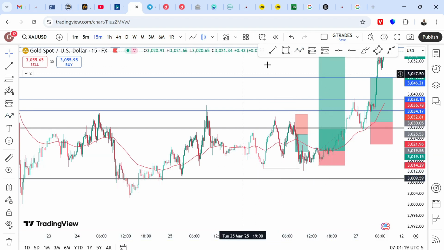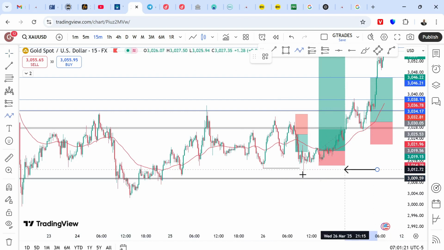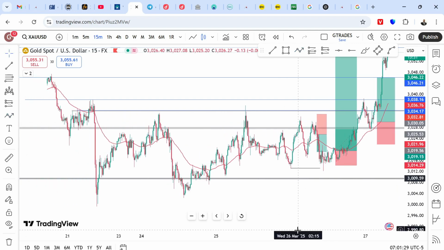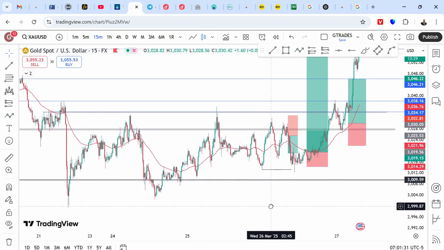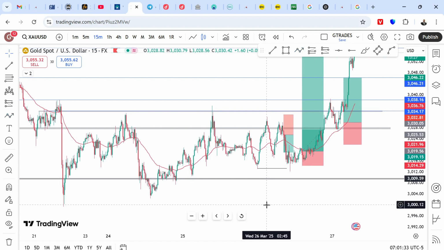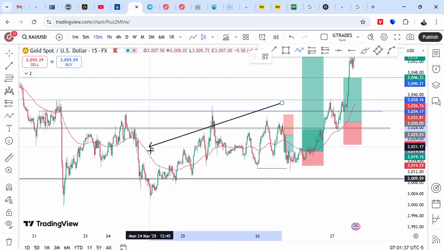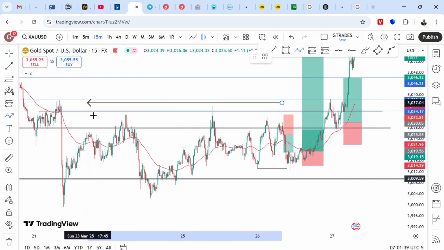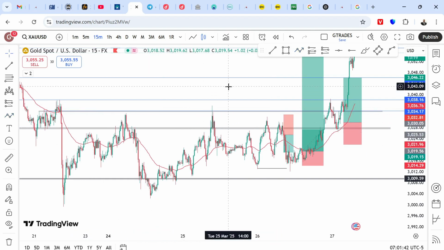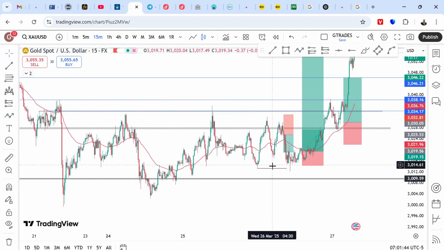Now, what does that mean? If you are a liquidity sweep trader, you will know that, yes, this is the right time to go in for a buy, having determined that the original trend of this particular instrument, which is XAUUSD, is in an uptrend. Even when we are taking the sell, we are just taking advantage of the sell by day trading it or scalping it, right? But the buys is something that you can even enter and hold for dear life.